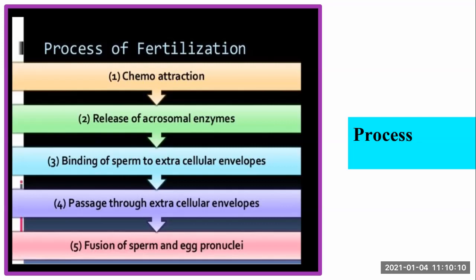So here you can ask me, what is an acrosomal enzyme? It is an enzyme which is released from the acrosomal part of the sperm to penetrate the ovum. Because the ovum has outer coverings around the nucleus, that's why the sperm needs to penetrate. It travels and it penetrates the ovum. So for that particular process, the acrosomal part that we have seen in the structure of the sperm releases certain enzymes, and those we call acrosomal enzymes.